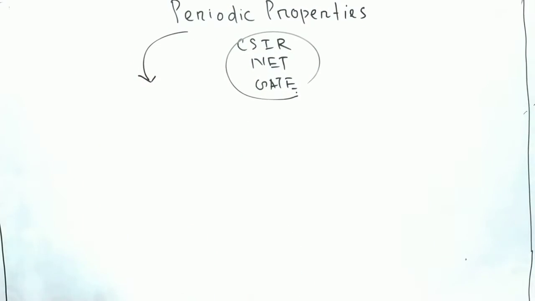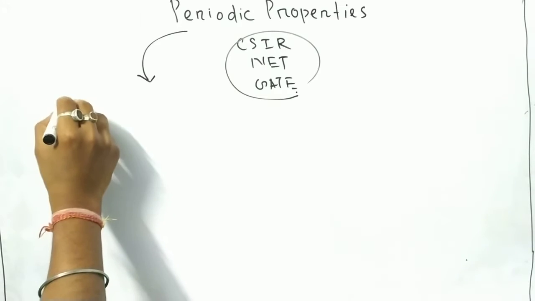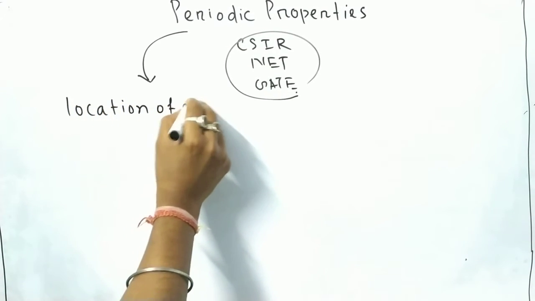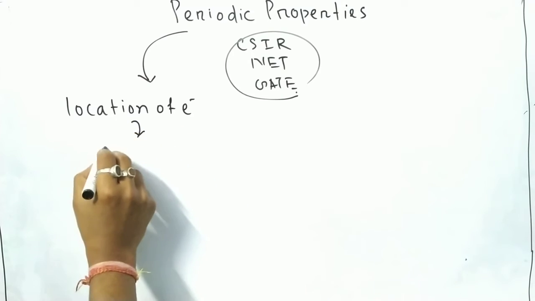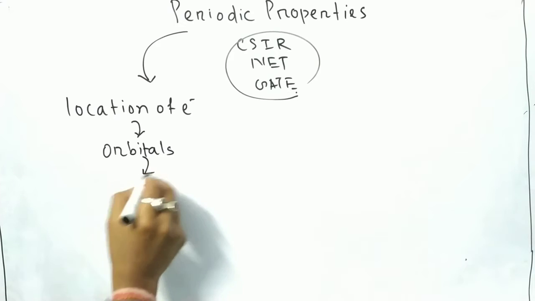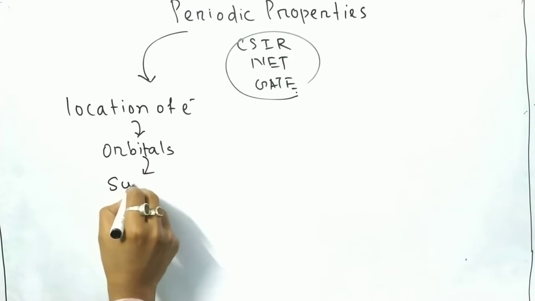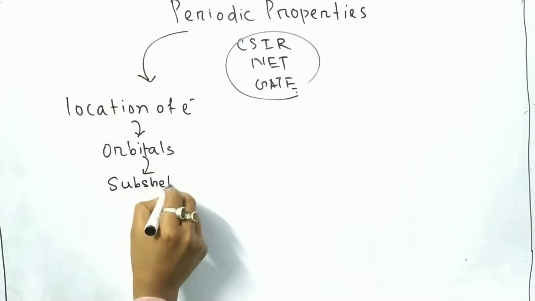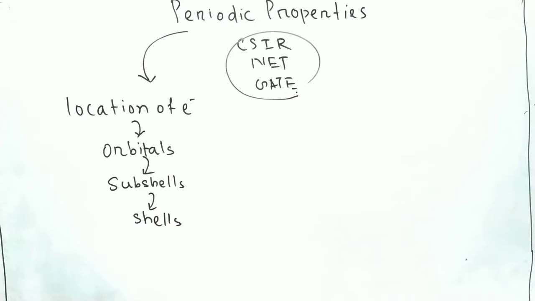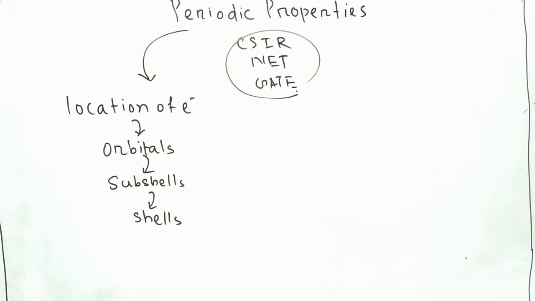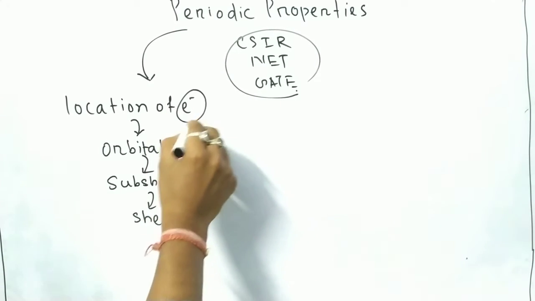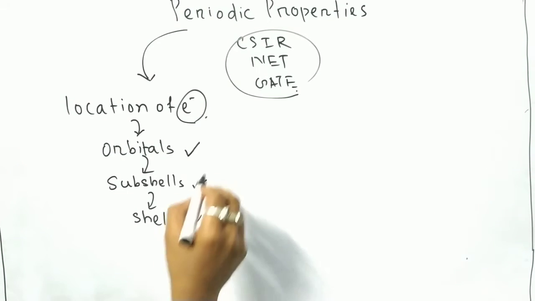Before that, we will first discuss the location of electrons. The location of an electron is in orbitals, and the orbitals are present in various subshells. Clear? And the subshells are present in shells. So to define the shells, subshells or orbitals for the location of electrons, you need to define four